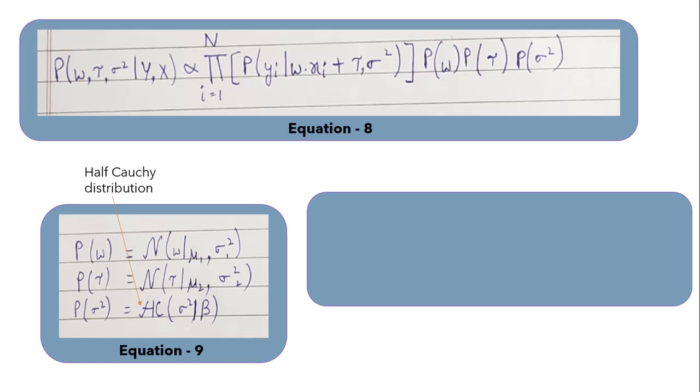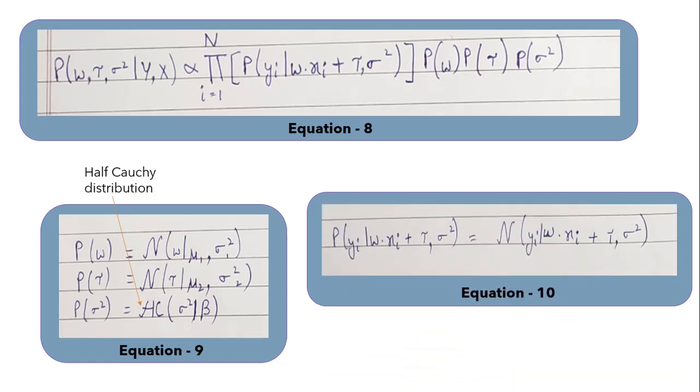Actually, we have no way of deciding the perfect distribution to represent our prior belief for this case. Yet, we assume that those random variables can be modeled using the normal distribution. So guys, mean 1, standard deviation 1, mean 2, standard deviation 2, and beta are the hyperparameters to this model, which are also considered as a part of prior belief. Even though it is difficult to determine the shape of the unknown model parameters, we can still guess reasonable values for some of the mentioned hyperparameters.